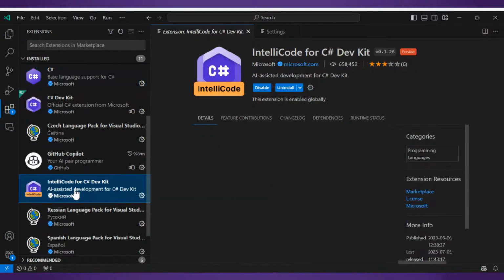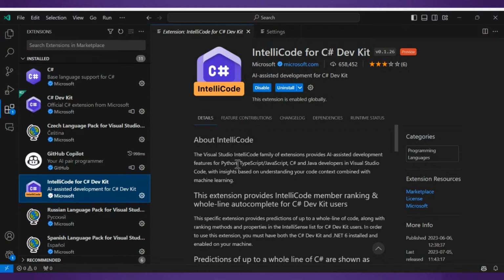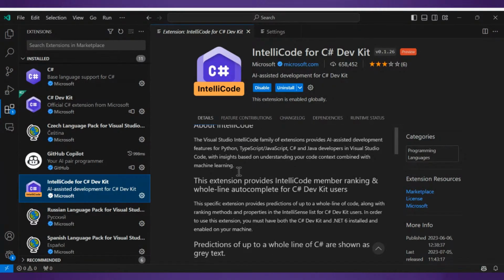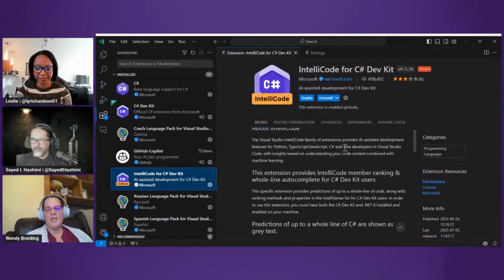Also, what comes with the C# devkit is the IntelliCode for C# devkit, and this provides the AI assisted whole line completions and starred completions that you may be familiar with in Visual Studio, right in your Visual Studio Code experience. Now, this is optional. If you don't want to use IntelliCode, you can uninstall this one once you get it. The other two extensions you cannot. They are required to work together. And to add, if you are a GitHub Copilot user, IntelliCode and Copilot work very well together. It will turn off the IntelliCode's whole line completions in order to use GitHub, but the starred completions are awesome to use along with Copilot's